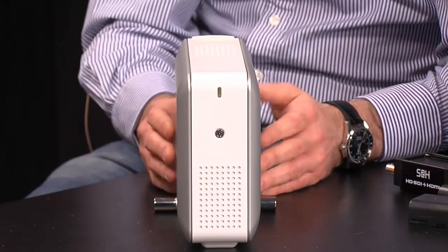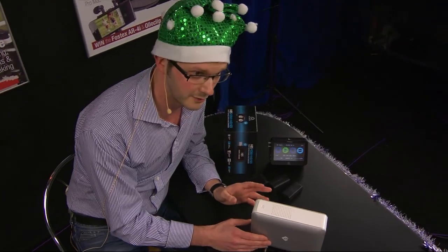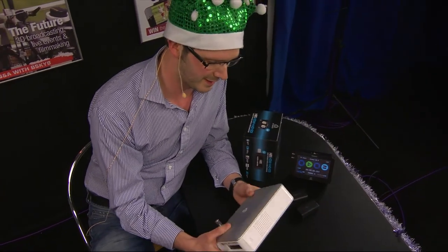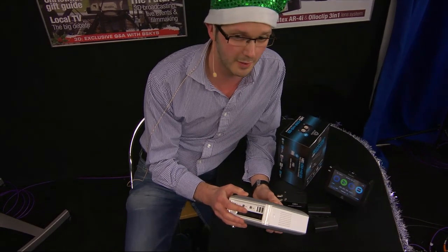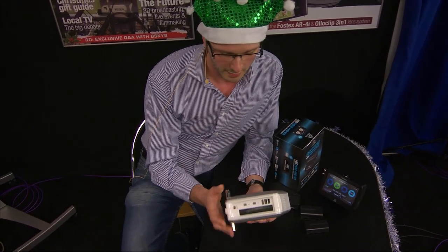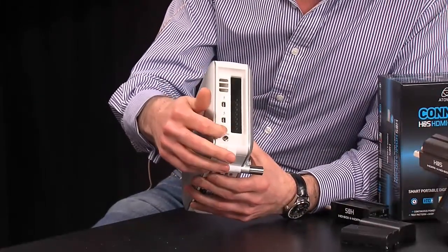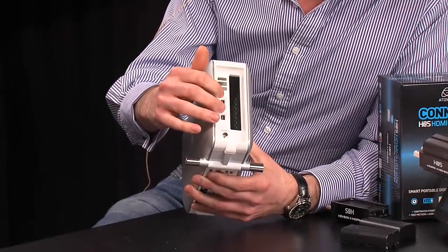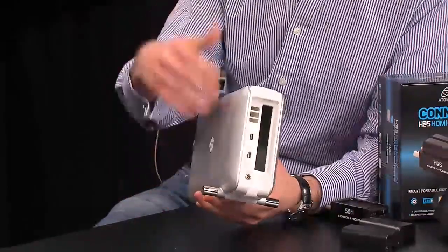When that company was sold off to Hitachi back in 2008, he carried on as a consultant, then left and looked at new ventures. Thunderbolt was in development, and that was a key area he saw as being of interest. So cue the M-Link, their first product. Essentially, this is a Thunderbolt to PCIe adapter. It doesn't have a PCIe card in it, but you can see there's a slot here. You have an external power supply for it. We have 2 Thunderbolt ports, so if you've got other Thunderbolt devices like a Pegasus storage